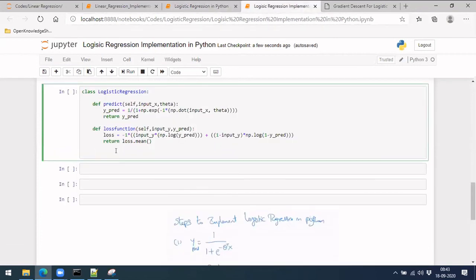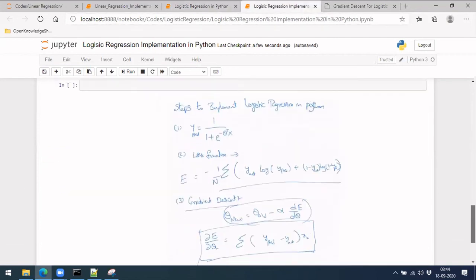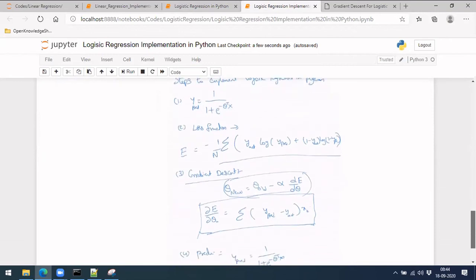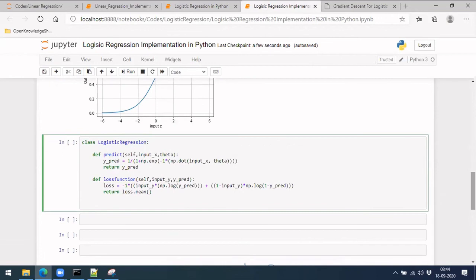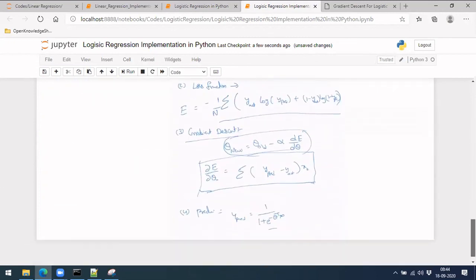So the next step, if you go a bit down, is the main part, which is gradient descent. Let me also implement that. Gradient descent, so self comma. What are the parameters we need here? y prediction, y actual, and the corresponding theta.